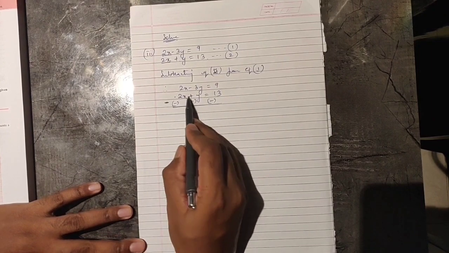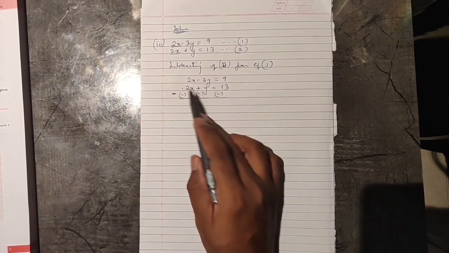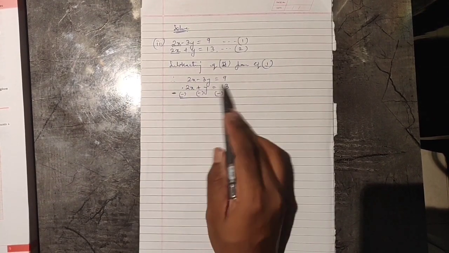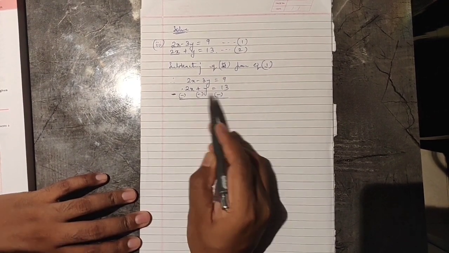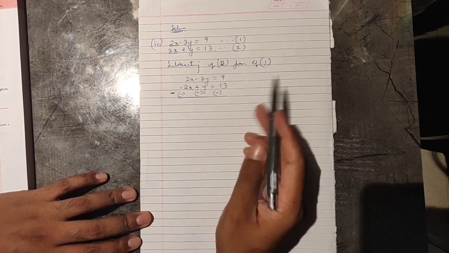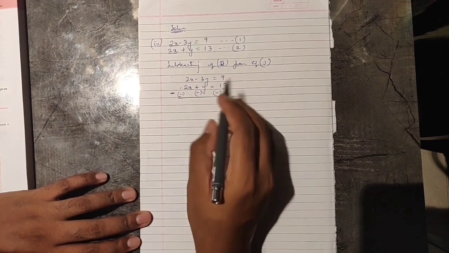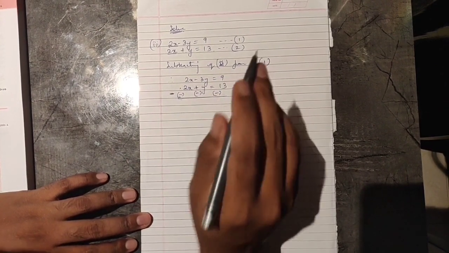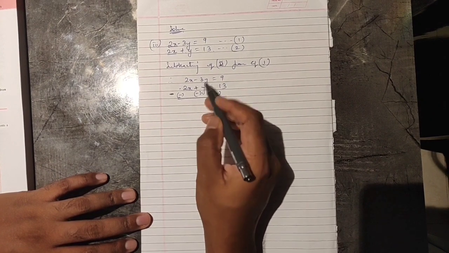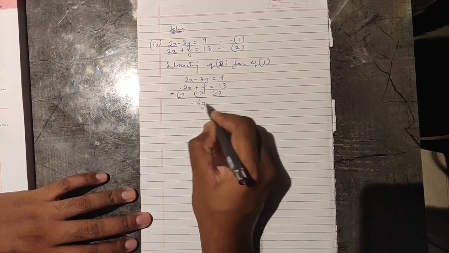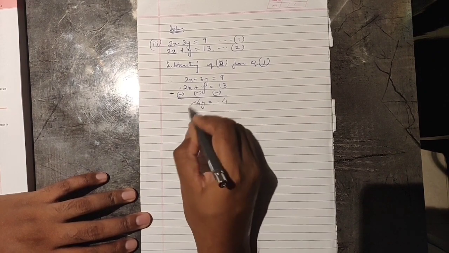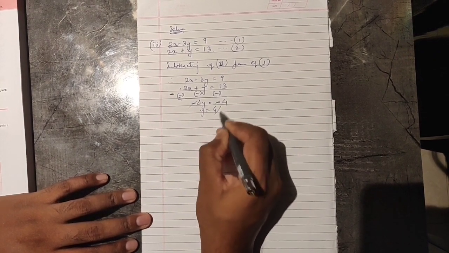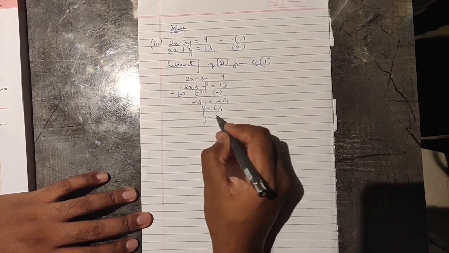If you use the old signs, there will be times when you will get confused and keep using them, but you must not. Once you get minus here, all these signs change, and once it changes, you cannot go back to the previous one. 2x minus 2x is 0, gone. We don't need to write 0 like kids, just leave it. Minus 3 minus 1 is minus 4y. 9 minus 13 again is minus 4. Minus minus cut, so y is 4 divided by 4, so y is equal to 1.